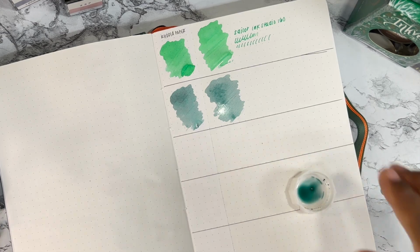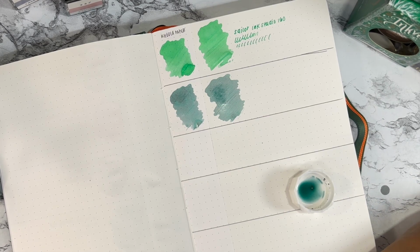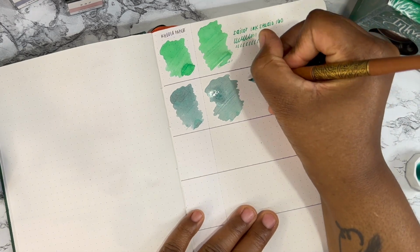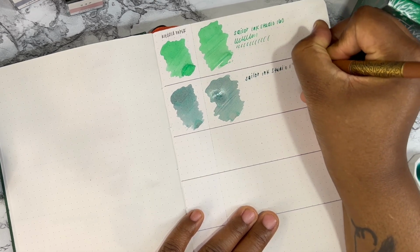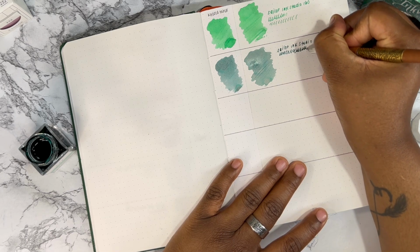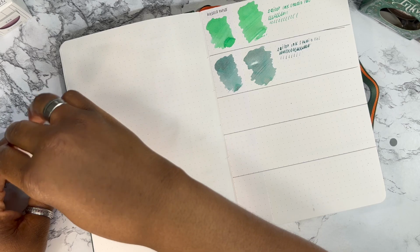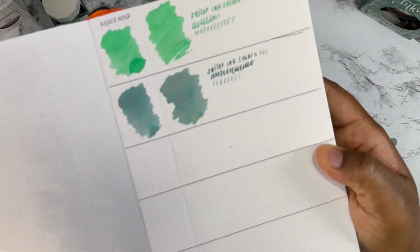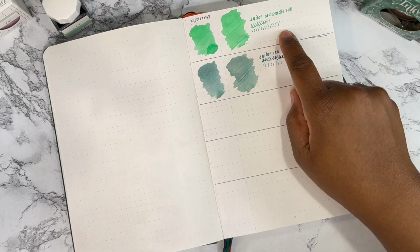So they may need to change even the swatch that's on the bottle. They may need to change that. But it's such a pretty color. That's why I wanted it. And I see a little bit of chroma shading. Sailor Ink Studio 162. So it's such a pretty color, y'all. It's so pretty. I just want to bring that up so that y'all can see that. Let me see if I can put a little light on it. So pretty, so pretty. This is like a winter green,